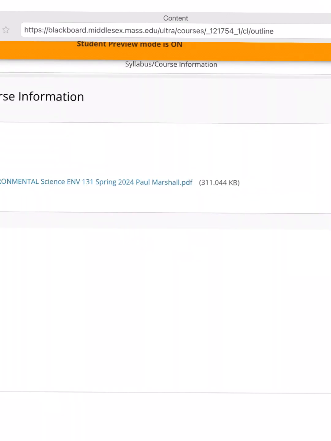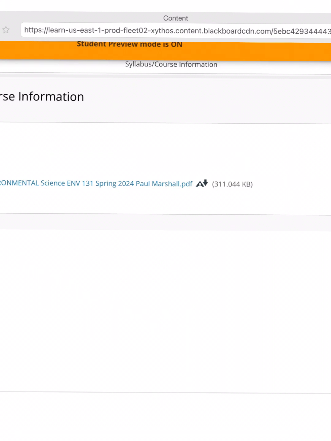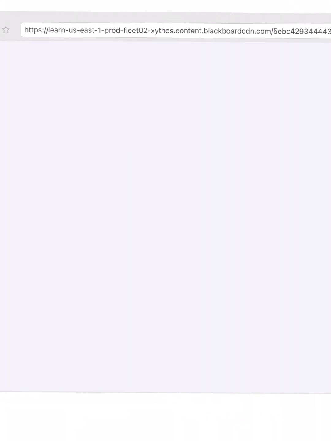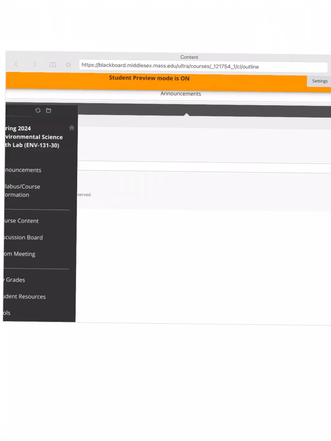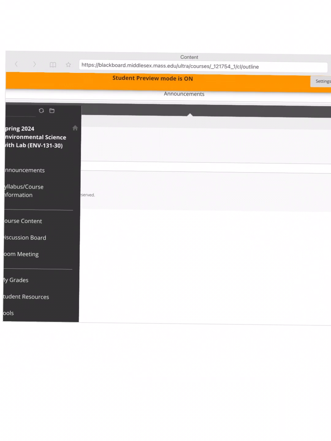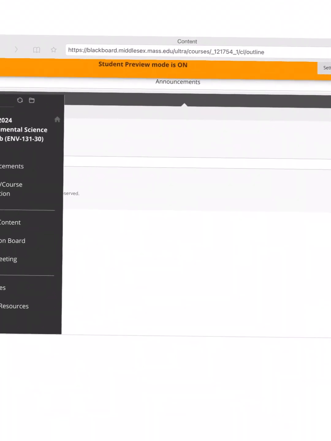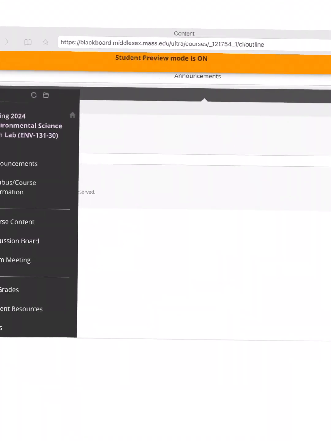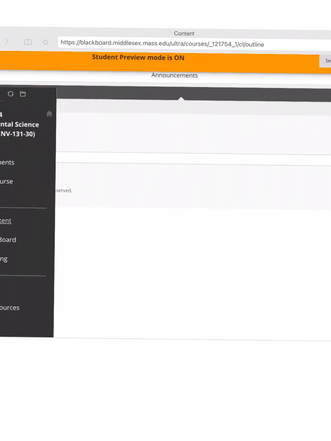And then when you click on that, it's going to have a link for the course syllabus. It's a PDF document. If you just click on that PDF document, it will show you the online version of the syllabus. And back at the course homepage, if we next go on to the link for the course content,